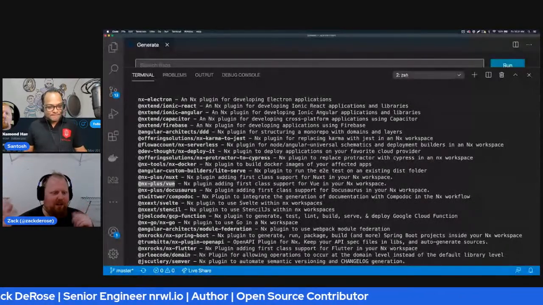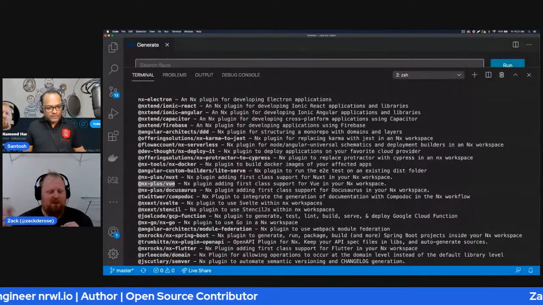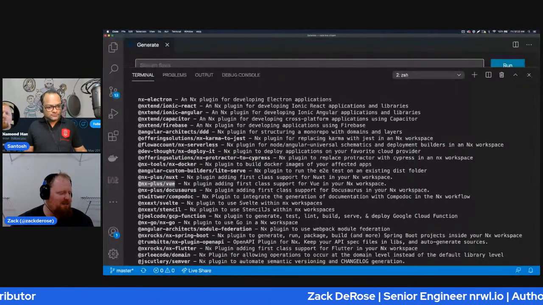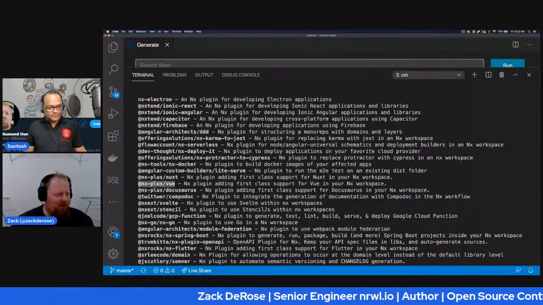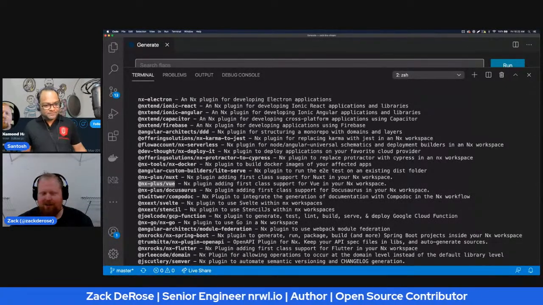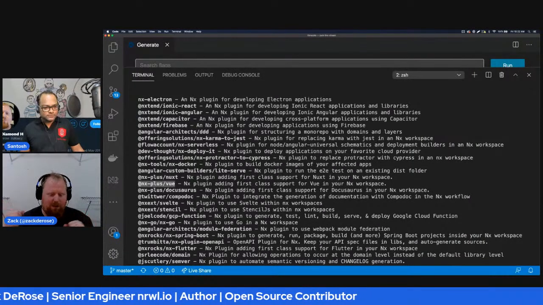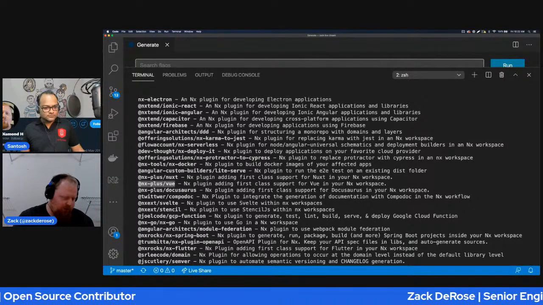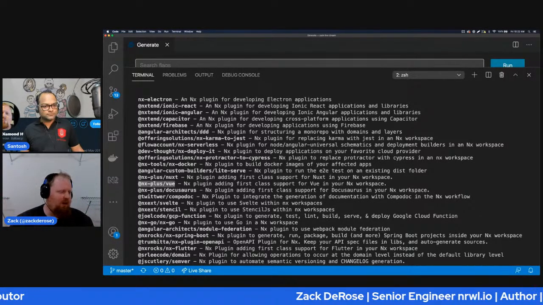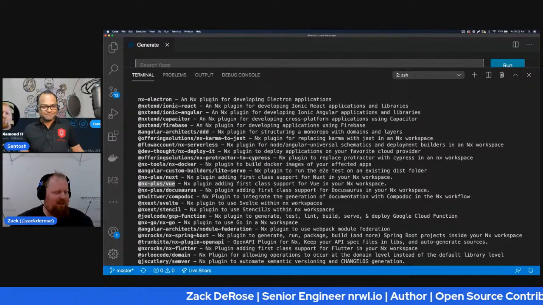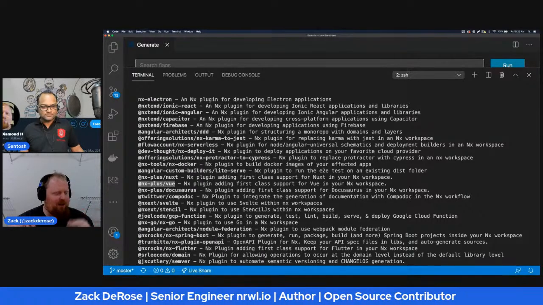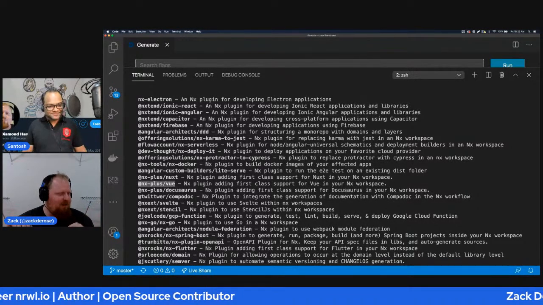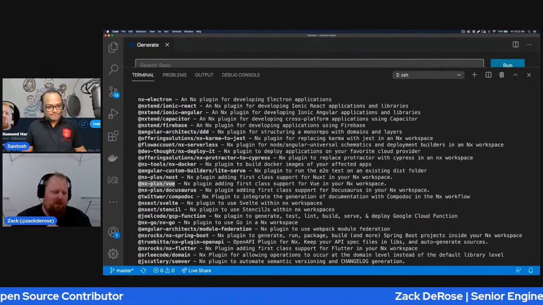I just wanted to mess around with it, and I just grabbed some of these community plugins off the shelf, ran the schematics to build a new app with that, and was kind of hacking around with the code. It's a very cool way to get started, and a very cool way to effortlessly architect all this stuff. Seeing a lot of stuff on Twitter recently about, oh man, it takes so long to get your Node project set up with the proper linter, get it set up with Jest, gotta get it set up with Cypress or what have you, TypeScript even. Those things are not trivial if you're doing them yourself.